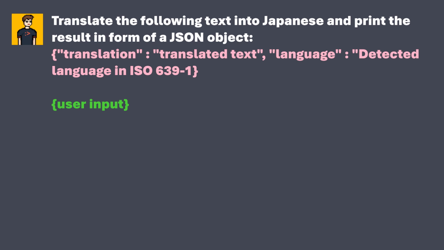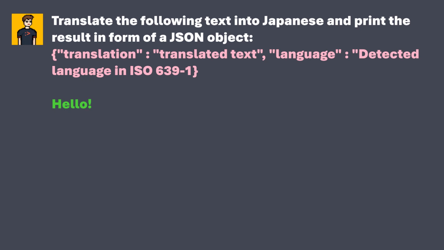The user's input is then placed in the placeholder user input, and the entire command is passed, for example, to GPT 3.5. The developer's instruction is that the user input should be translated into Japanese and the result must be returned as a JSON object so it can be further processed within the app. The JSON object contains the translation and the language in which the user input was written, represented in ISO 639-1 format. If the user enters hello into the input field, the following prompt is then sent to GPT 3.5